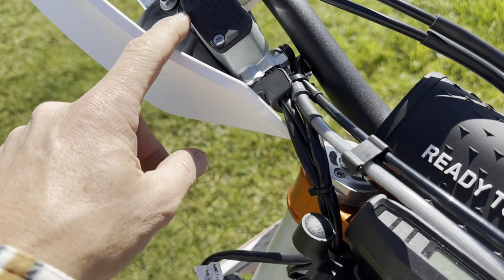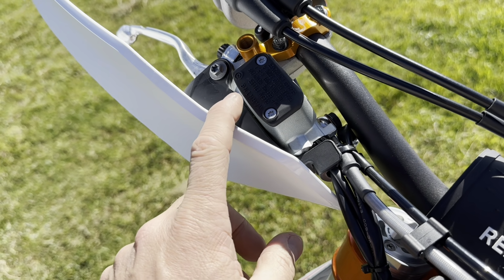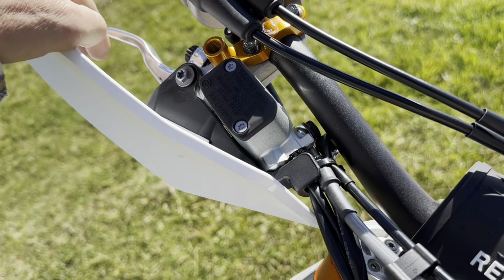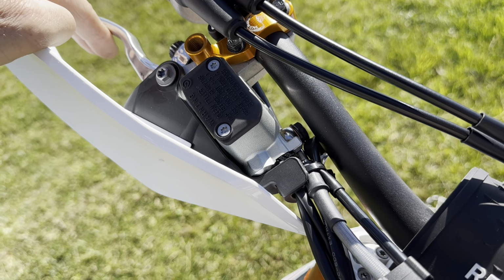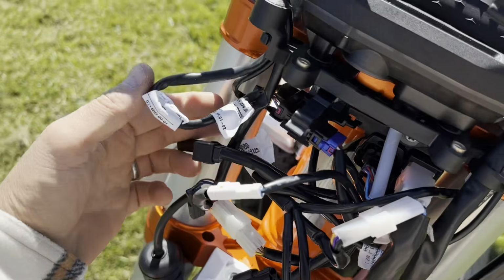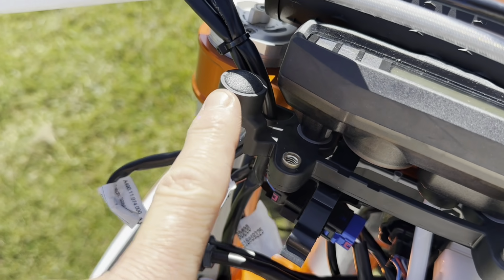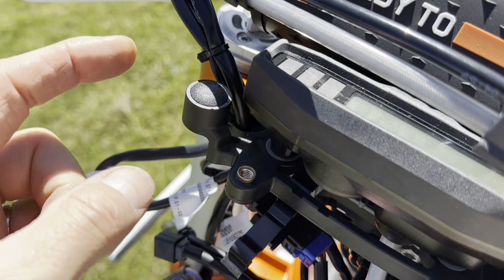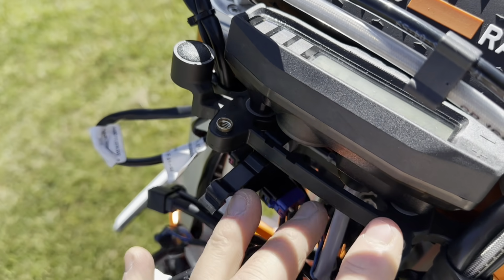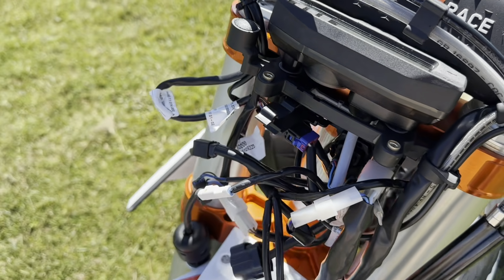So this is a Brembo, unlike the Husky, which uses the brake tech. This is Brembo, so Brembo on both sides. And you can hear the micro switch here on the lever, and then you have the signal that comes in and plugs into the harness there. There's a little dummy that is not used on either of the two bikes, and this may be that this bracket is going to be used for another platform, and they'll have some function there, but it's blanked